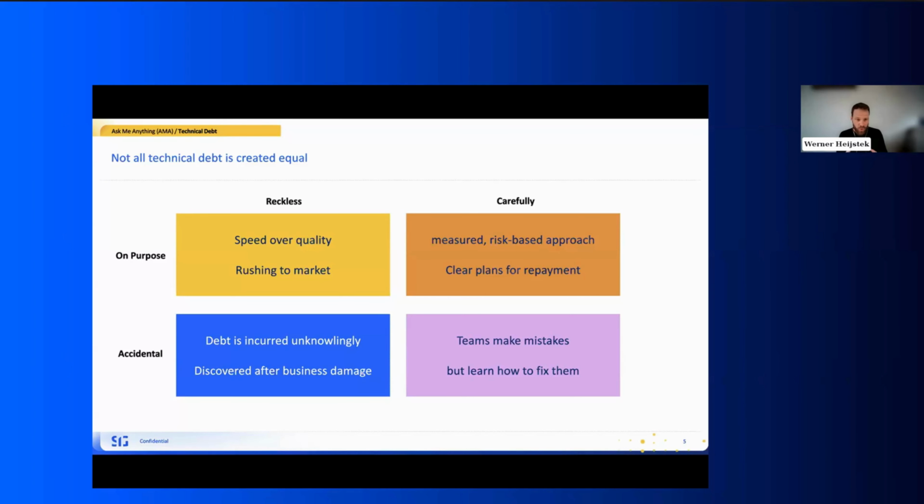The opposite of that is that you're reckless, and you don't really think about the consequences of the way that you code, and essentially the technical debt that you therewith introduce is all by accident. It's completely accidental. So the technical debt is incurred unknowingly. People are not aware of it, and you only figure out that you had technical debt when there's some business implication.